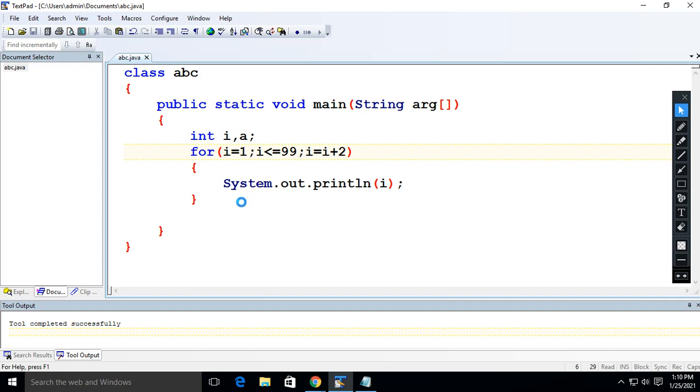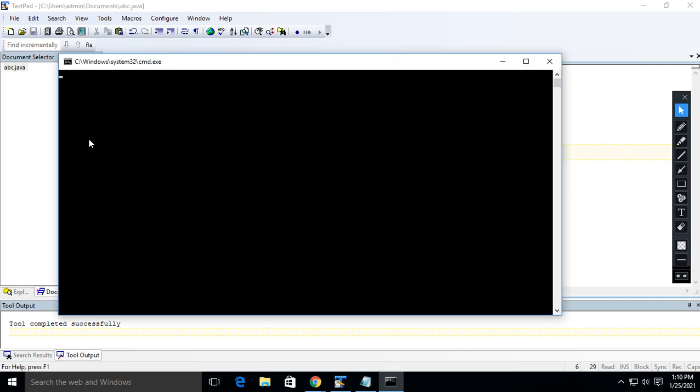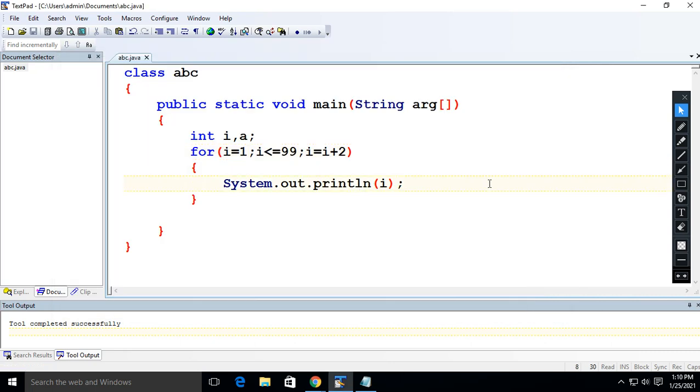Please see the output. This will come on the separate line. See, it is coming on the separate line. So the above natural numbers you can see by scrolling down. Okay. So, everybody, if you want to print the natural numbers on the same line, see here. How will you print?